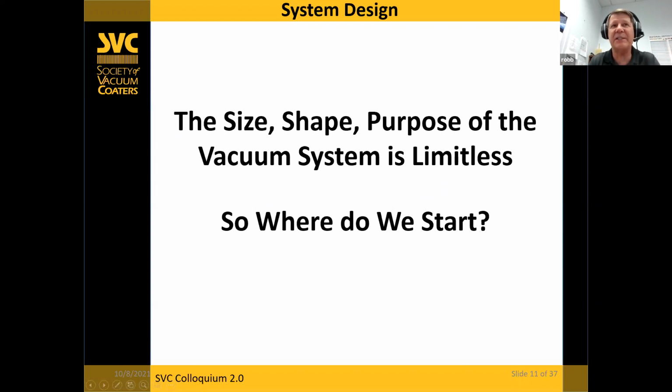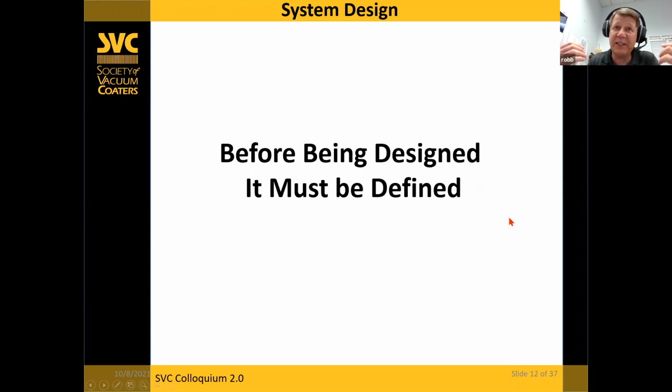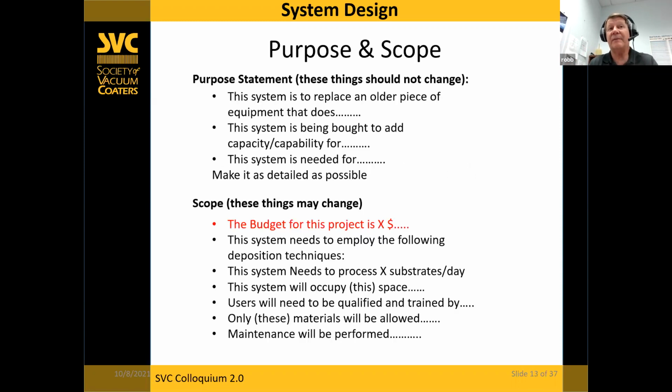I want a vacuum system. Where do I start? And my adage is, before you design it or start to specify it, you must define it. And primarily that starts with a purpose and scope statement. Now the purpose is kind of going to be an immovable object. You're trying to really identify why you need this vacuum system